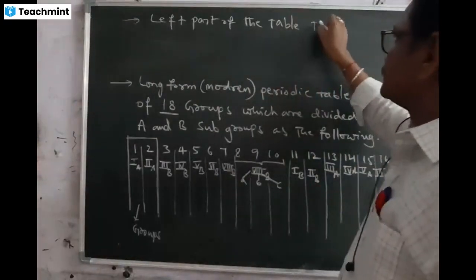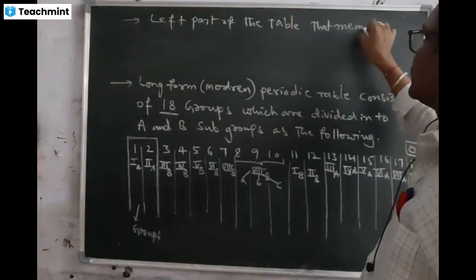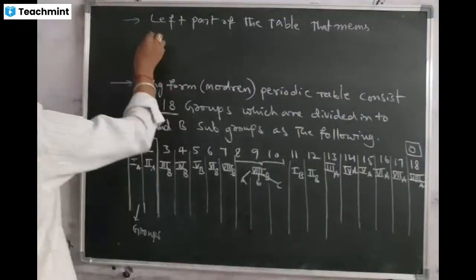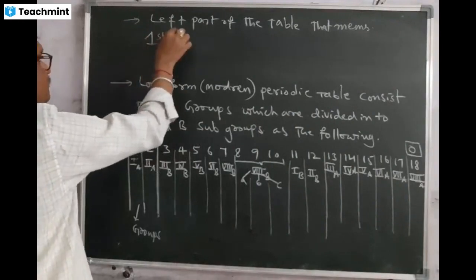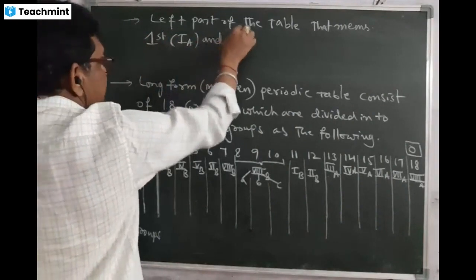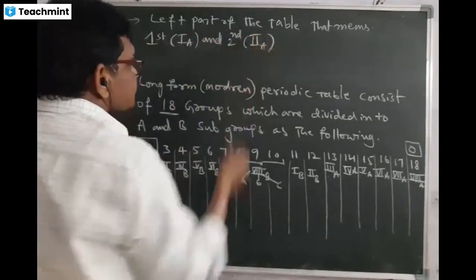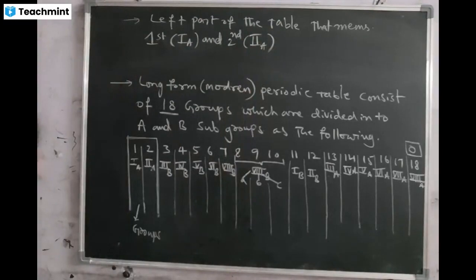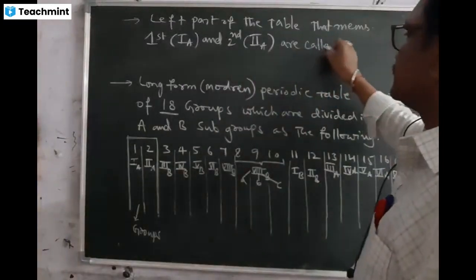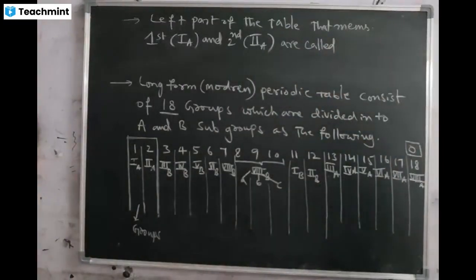That means first group is also called first A, and second group is also called second A. Left part of the table, that means first A and second A, are called